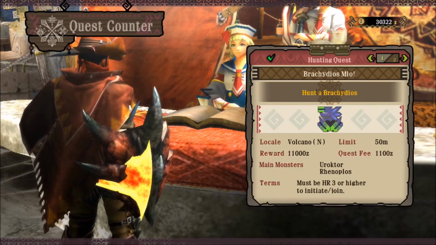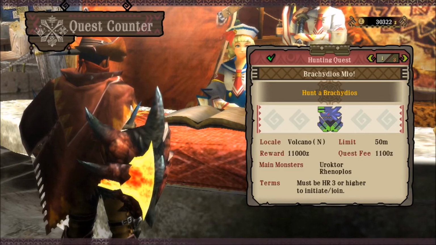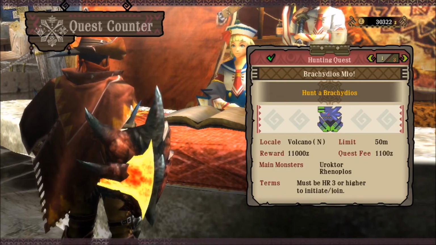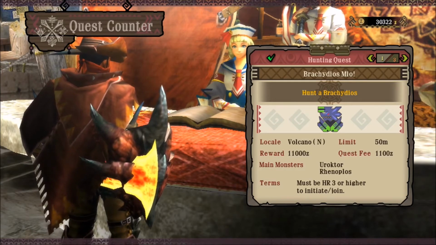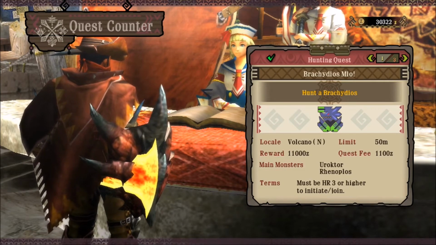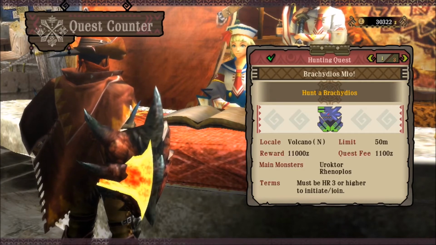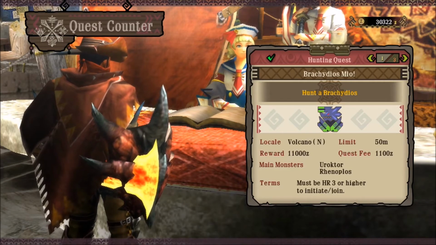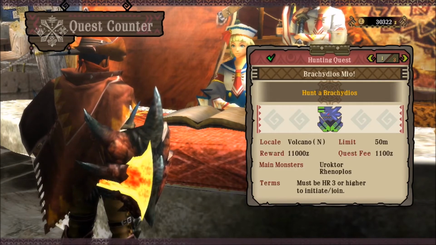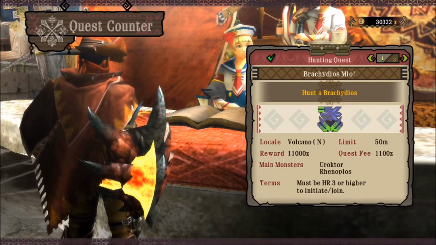Hunter Brachydios, Brachydios, maybe, however the hell it's supposed to say. When I read Brachydios Mio, it doesn't sound as good as Brachydios Mio, because there's a Spanish phrase, I guess it's a phrase, it's only 2 words, called Dios Mio, or Ay Dios Mio, which is, I guess, 3 words, but it literally means, oh my god. So,